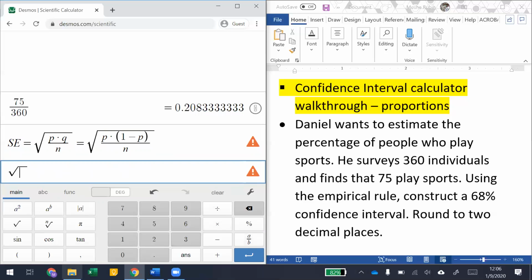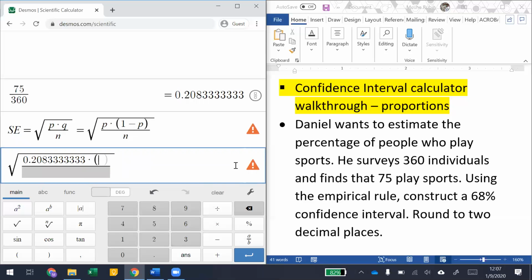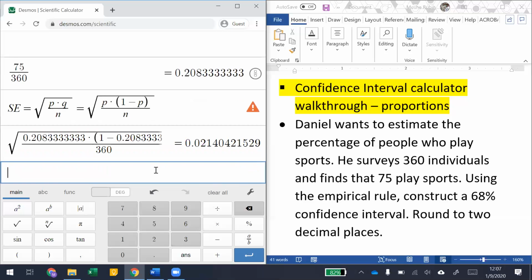My standard error is this fraction where I have my P, so I will copy that. And I don't want to round at any point. I want to make sure I'm using all of my decimals until the very end. So I have P times 1 minus P divided by N. N is the number of people who are in my experiment, and he surveyed 360 people. So 360 is my N. And here I have my standard error. It calculated it for me. It's really small because I surveyed a lot of people, and that really reduces my